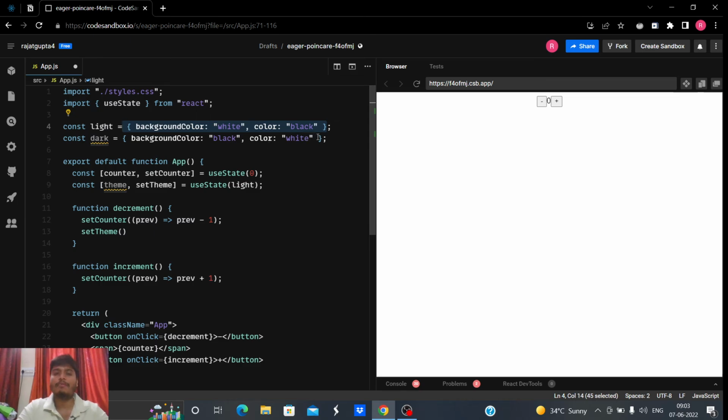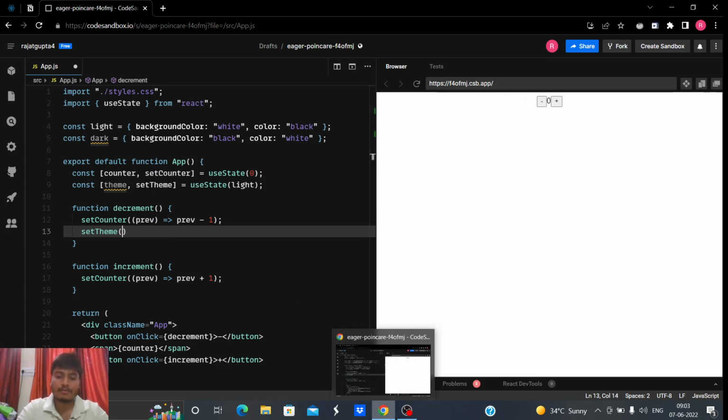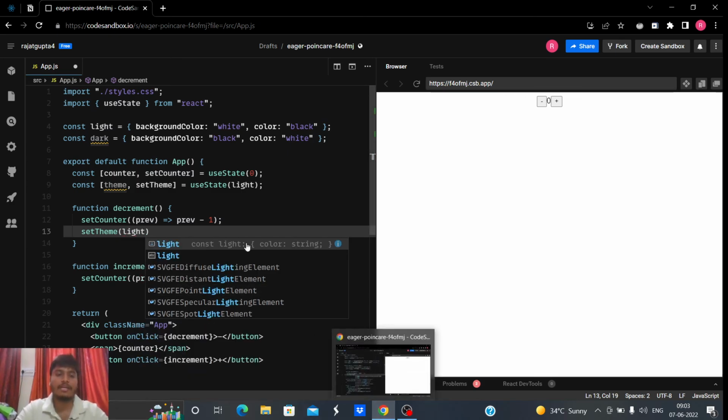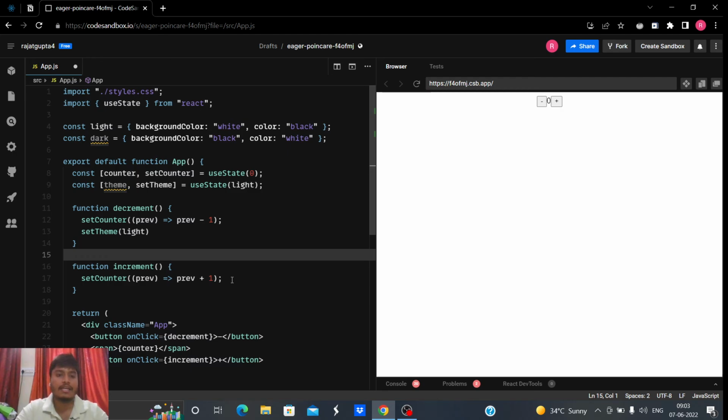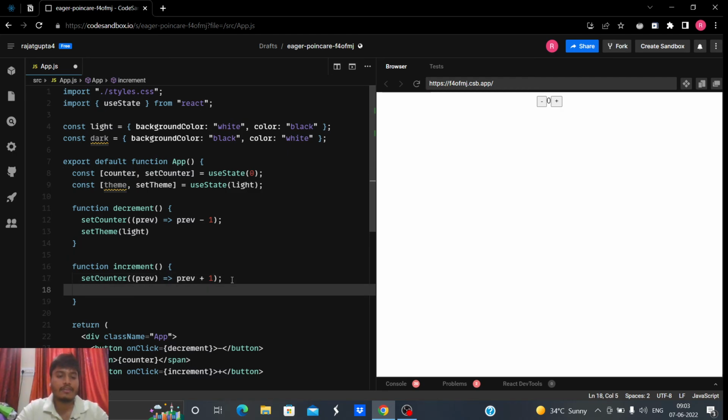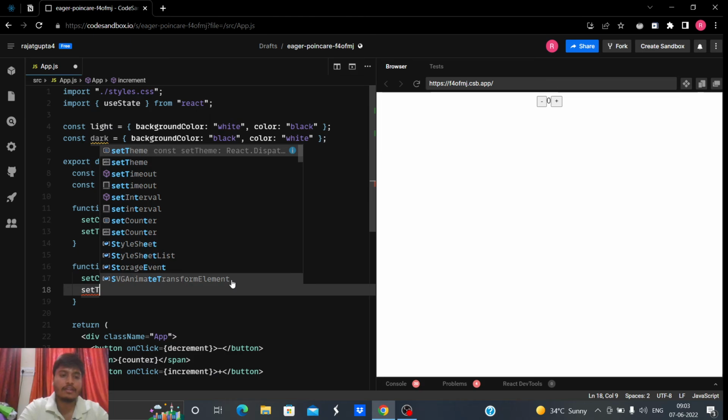It may be light or it may be dark, but when the user clicks on this decrement, this minus button, the theme should change to light. So I could simply say light here, and here when the user clicks on the plus button, the theme should change to